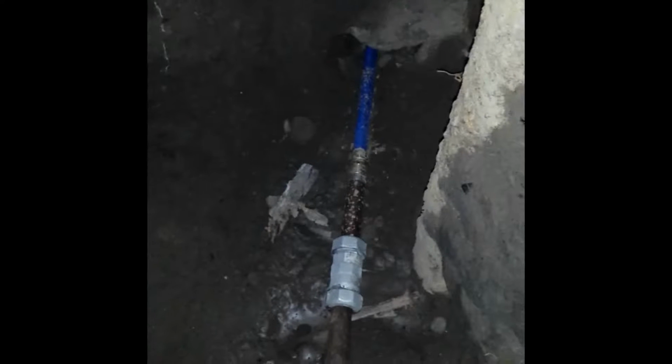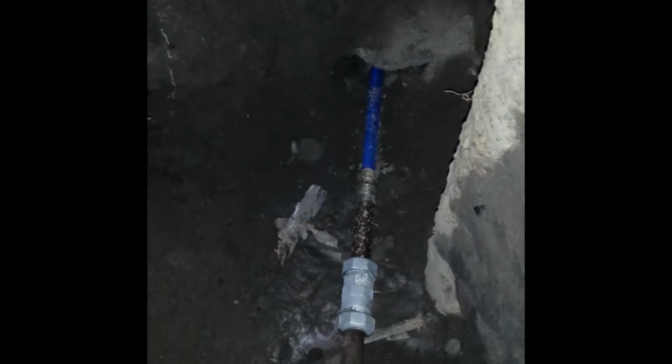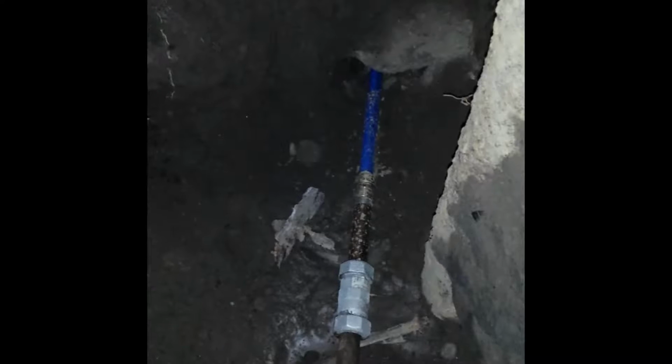Going under the porch, you can see all this, and all that over there used to be in here. So we dug all this out, and I replaced this portion of the line, which was leaking, but apparently there's still a leak elsewhere. So not only do we have to replace wherever it's leaking, but we're gonna just end up replacing the whole